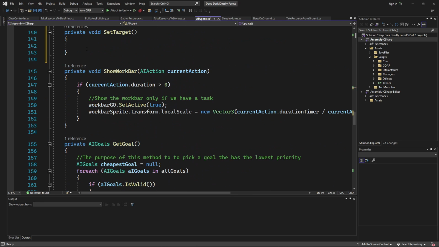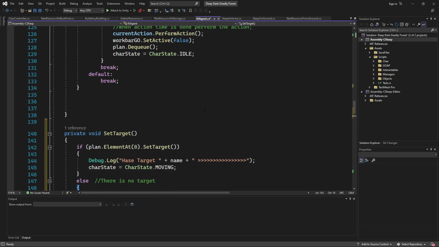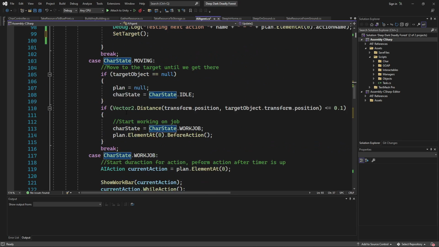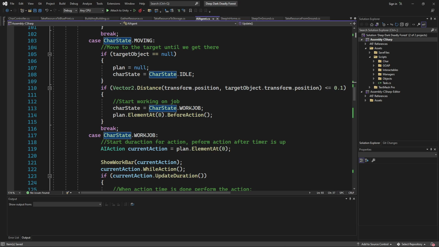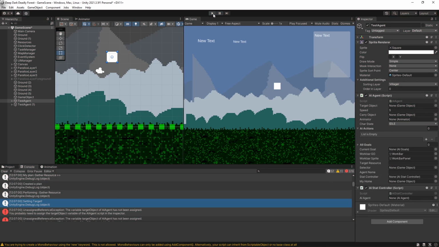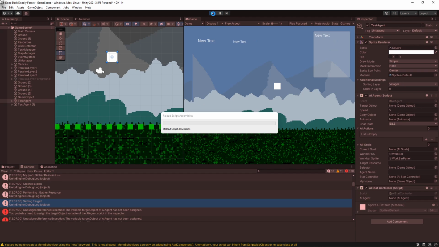And we'll put it in here. And then we'll do the same thing right here. Okay. Let's see if that kind of fixes our problem.